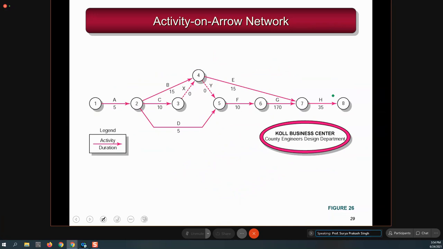And if you calculate early start, early finish, late start, and late finish, all of this will be the same. There is no difference in the calculation or in the data. The method is the same. Now if you see the arrows X and Y, these are the dummy activities, which are only trying to make a connection between E, B, and C, F, B, C, D, because there is a preceding relation between these.